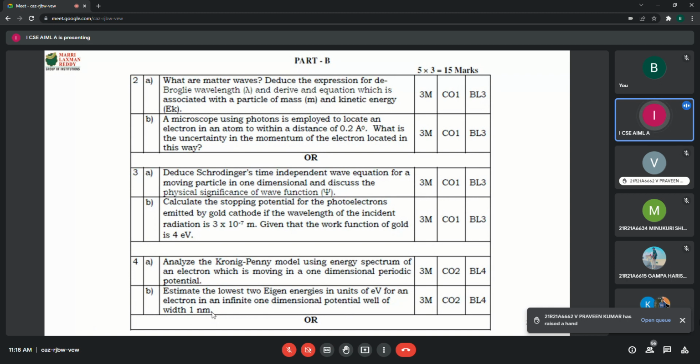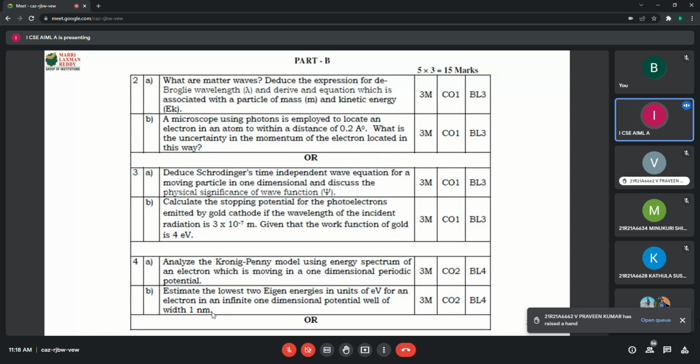Similar problems, at least similar problems, have you solved? Finding the lowest energy level, first excited energy level, second excited energy levels in terms of electron volt, the final value, how to convert from joule to electron volt. Have you solved these problems? Similar problems in class? Yes, yes. Okay. So what is the expression to be used here? What is the formula to be used to solve this problem?